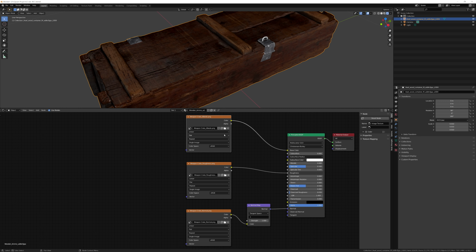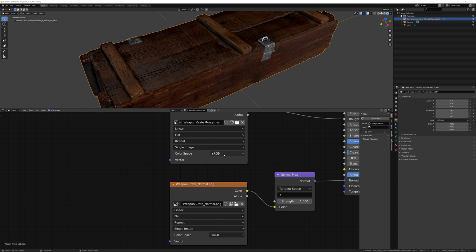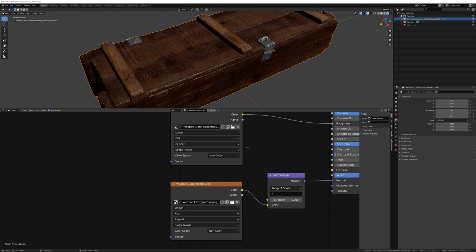So now we have here the albedo, roughness, and normal maps of the crate that we retextured within Mixer. But real quick, I wanted to show you something that you have to make sure of for the roughness and normal maps. If I were to zoom in here, the color space says sRGB, but we're not using any color data for these maps. The albedo map is really the only texture that will be using a sRGB color space. So to make sure that this is displayed correctly, we need to select this drop-down menu, and then we need to select non-color, and that's going to make sure that our crate is represented correctly in our viewport. Let's do the same thing for the normal map. There we go, we're all set up correctly now.